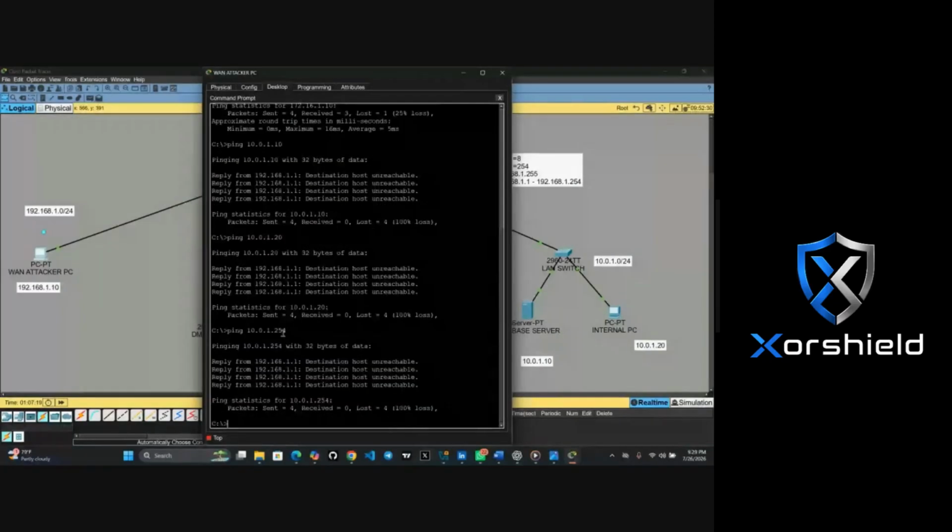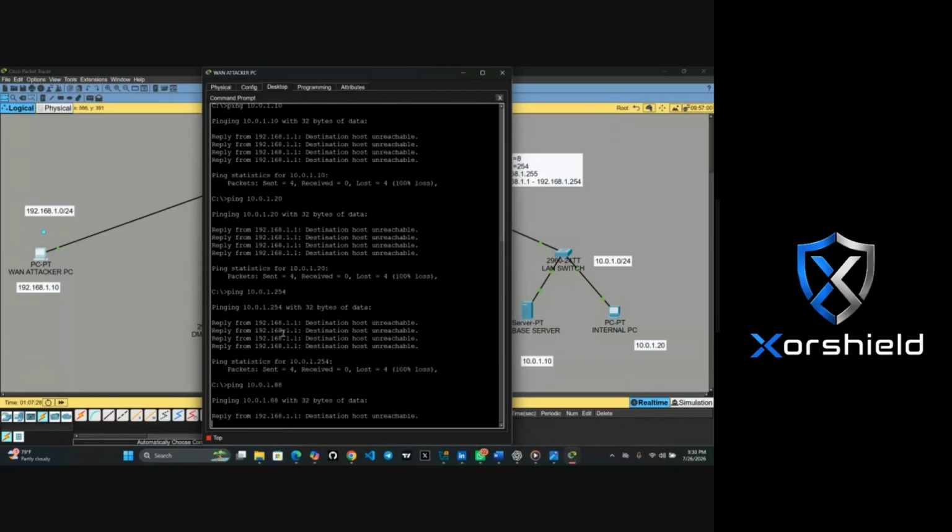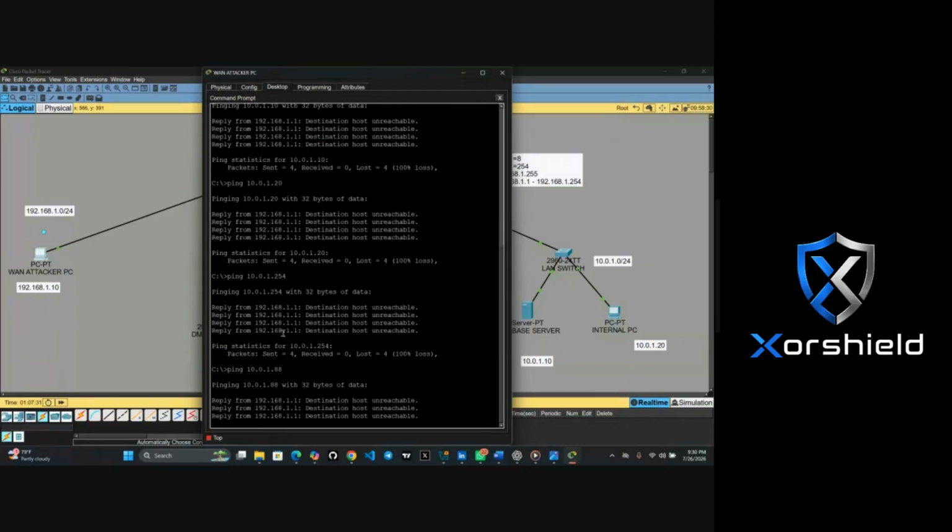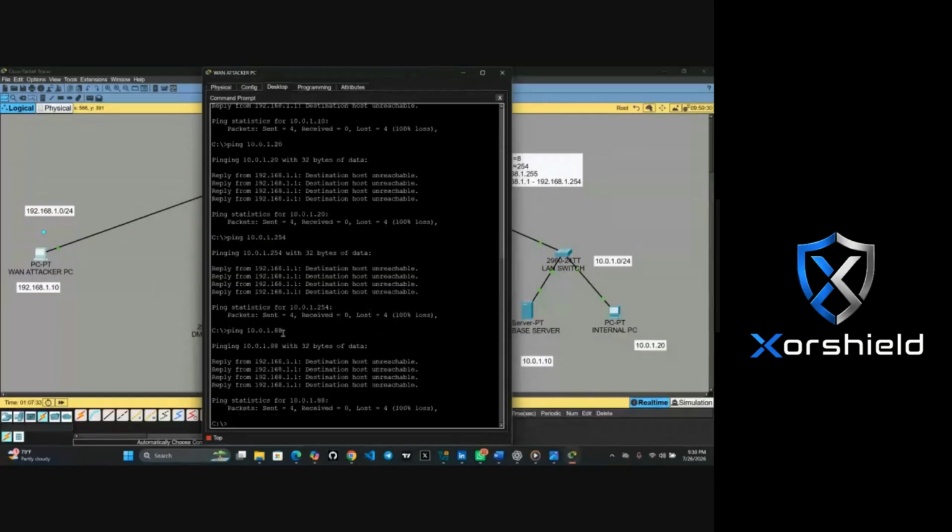Unreachable. Let me ping 10.0.1.88. Unreachable also. Meaning that the firewall, all the security we implemented doing this are working.